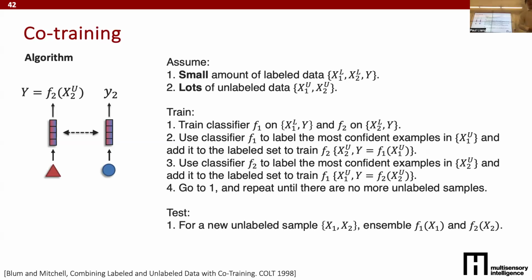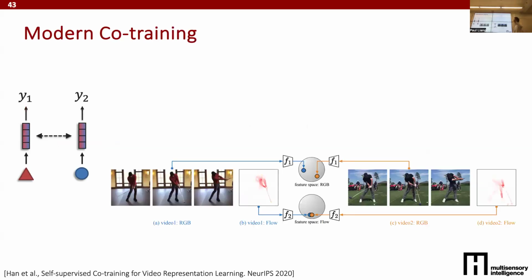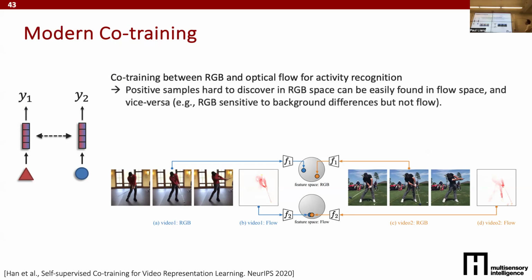So this, even though 1998, very, very seminal work, is nowadays used very much. Here's an example of activity recognition, and you have video data, which gives you RGB, frame-by-frame images, and you also have these optical flows, which tell you kind of continuous time motion of the person doing those activities. And intuitively, there are several examples where RGB is more important to detect the activity from static images, but then some other examples like golf, where movement is very important, probably more important than the static images. So co-training has been shown to work very well here,